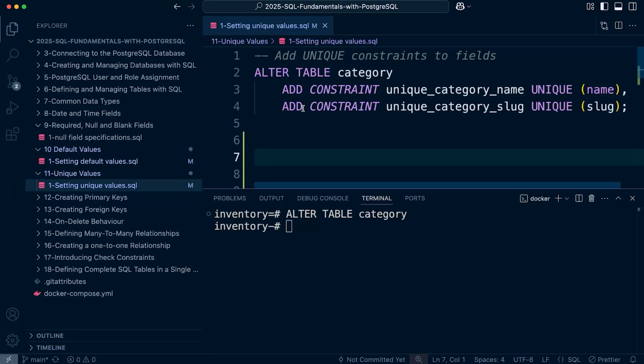So the SQL for this, we're going to alter the table, in this case category. We're going to add a new constraint. Okay, so that's going to be a unique constraint. And there are multiple types of constraints in the Postgres database, this just being one of the easier to utilize. So here we have